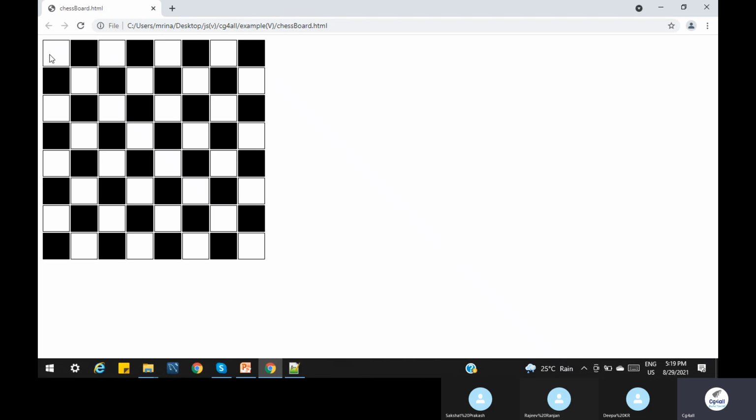Meaning the first four are white, then alternately black is there. As per the functionality, there is an 8 by 8 board, alternately white and black. You do not need to understand chess itself; understand that this is the requirement for us. This board we have to create with JavaScript. So now let's see.